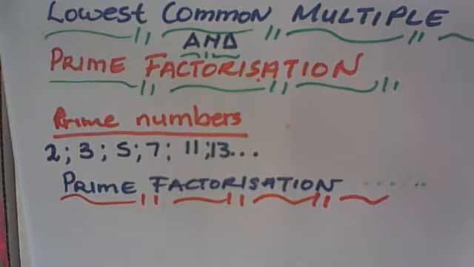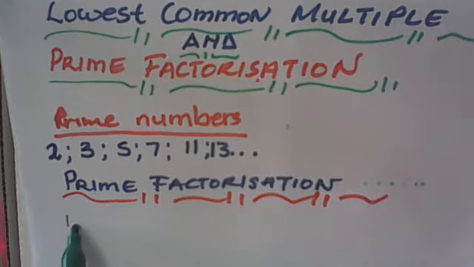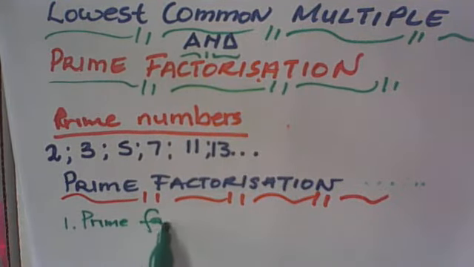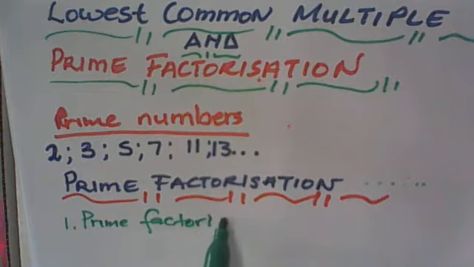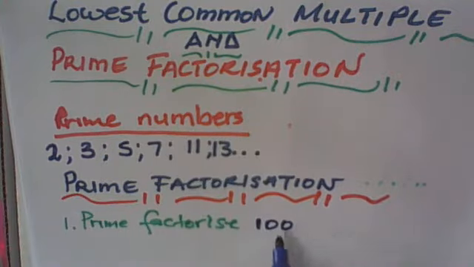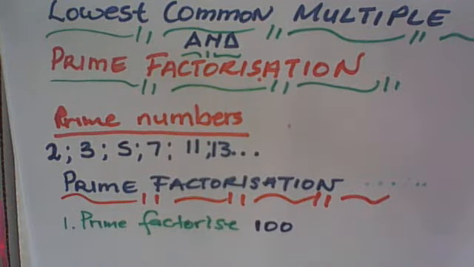Let us do the first one. It says prime factorize 100. Now, in the old golden days where calculators were not used,